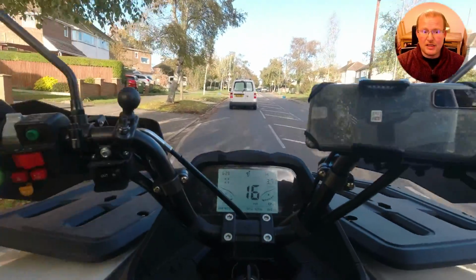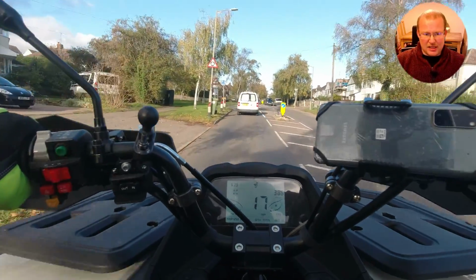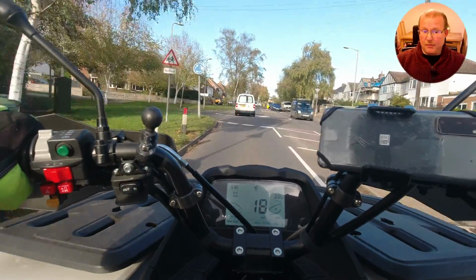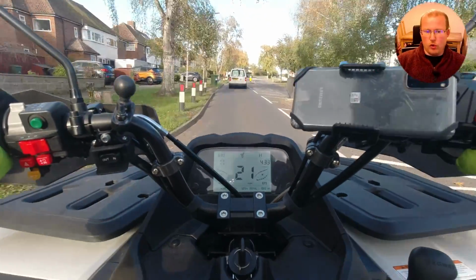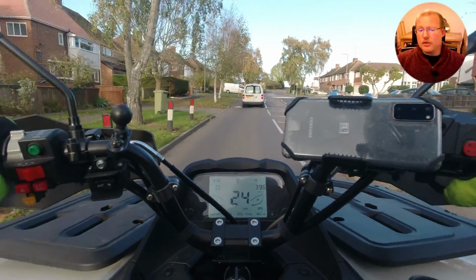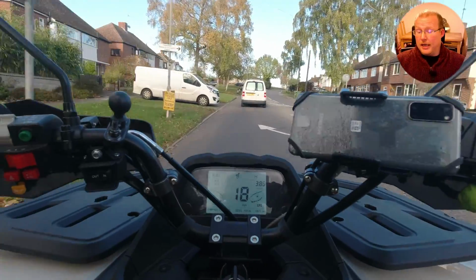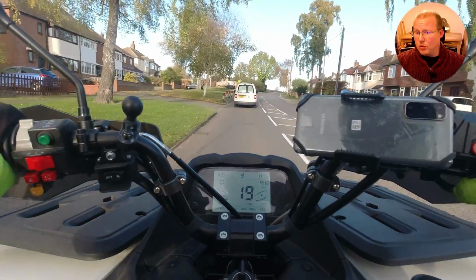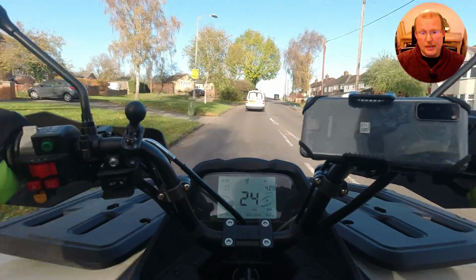So the engine on this is a 600cc or as close as 600cc. It produces 44 horsepower and 48 newton meters of torque. I don't know if you saw it, but that electric vehicle that I did the test ride on last week was a 125 equivalent, and that had 44 newton meters of torque. Anyway,